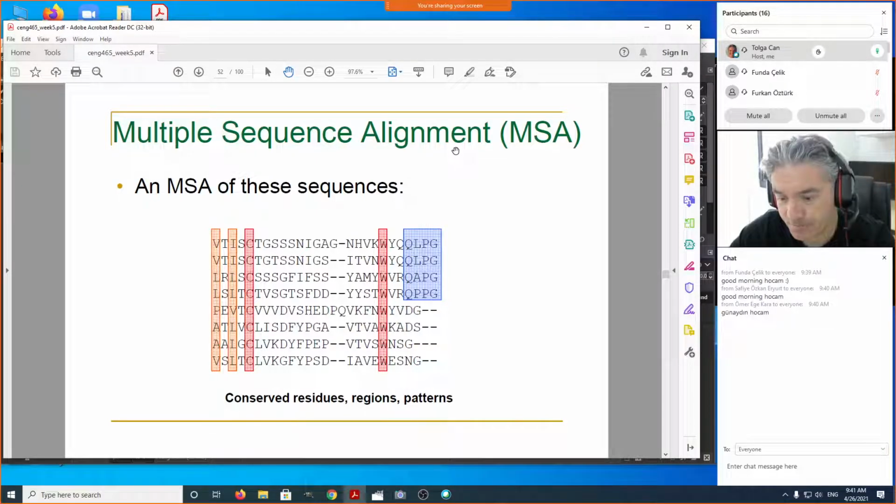There will be some numerical questions, for example, filling in a sequence alignment dynamic programming table and finding the scores. I will try to randomize some of those questions, and therefore each student is going to get a slightly different question, maybe numerically, but you will basically be answering the same types of questions.